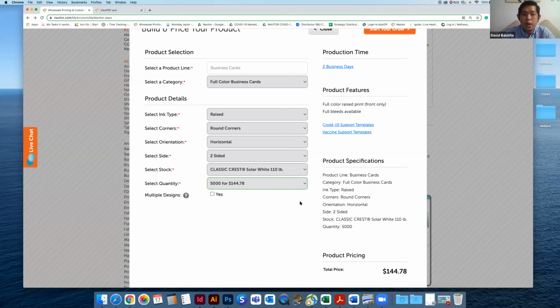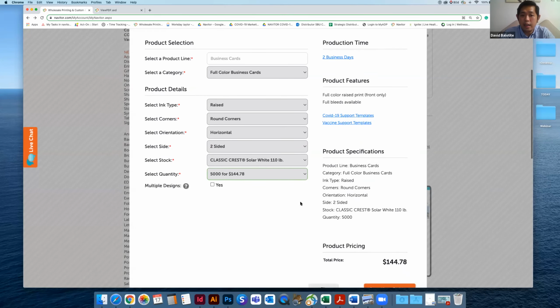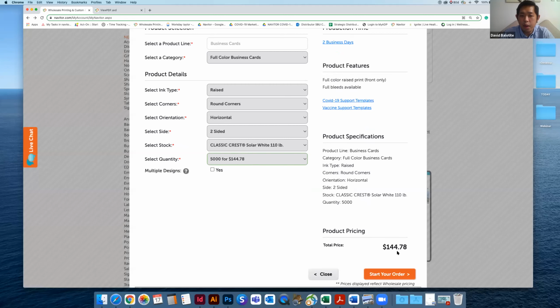Upon selecting the quantity, the price should be listed beside it. And at the right side of the pop-out window, it would give you a summary of the specs that you chose along with the price at the bottom. Now, this part is where a lot of my dealers are taking screenshots, which they normally send out to their customers upon quoting a product, as this part shows all the necessary specs and the price